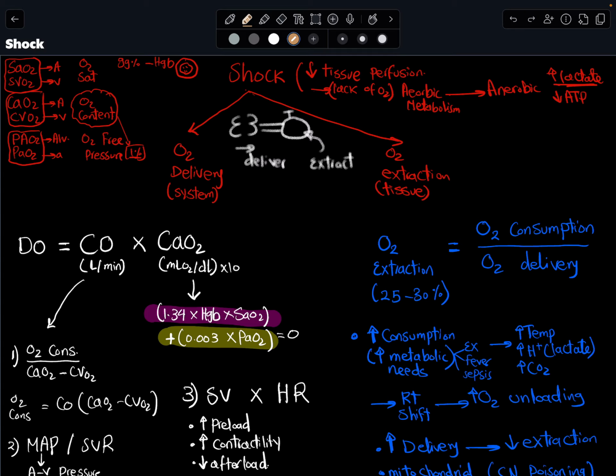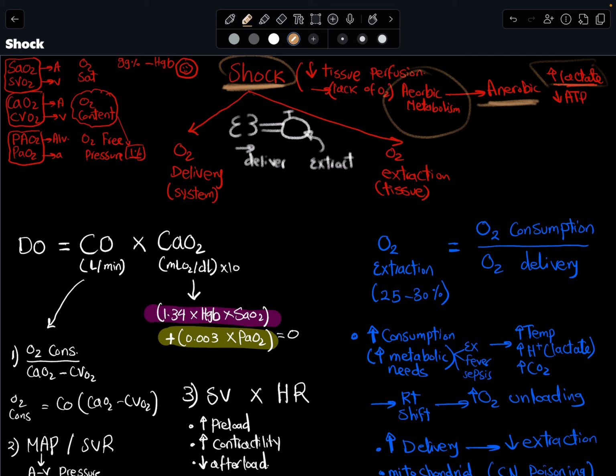So shock, if we'll start right away, it's all about oxygen. When you have a decrease in tissue perfusion, this decreases the oxygen supply to the tissue, and oxygen is the main factor for aerobic metabolism. If you don't have oxygen, you won't be able to do aerobic metabolism. So the cell will switch to anaerobic metabolism. And that's when you see the increase in lactate that we see in different types of shock, which is